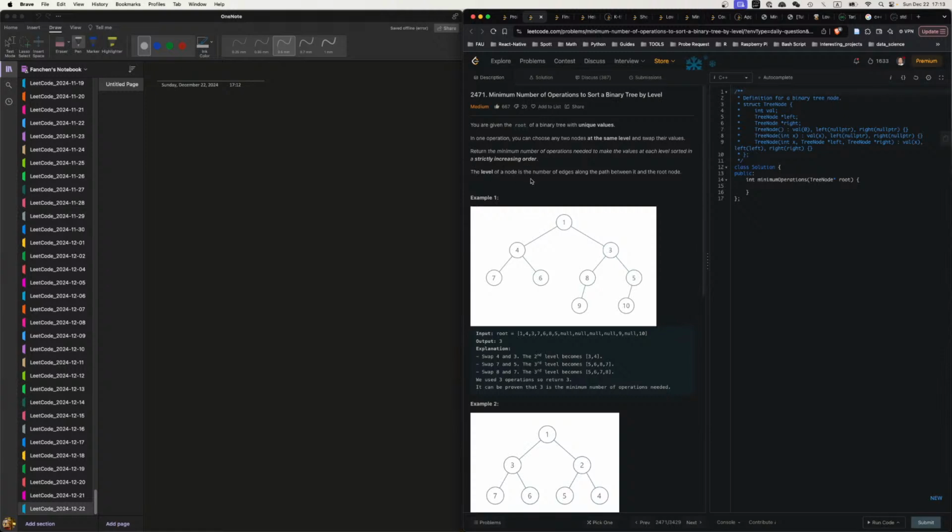The level of a node is the number of edges along the path between it and the root node. So what we want to do is you can choose any two nodes at the same level and swap their values. Return the minimal number of operations needed to make the values at each level sorted. So in this case, this requires 1. This requires